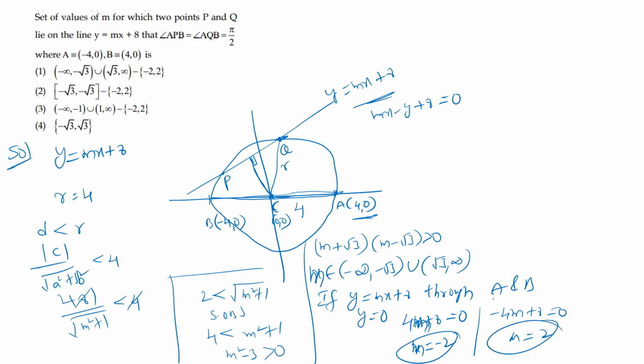M value how much? Plus 2. Here, in the interval minus root 3 to plus root 3, plus 2 and minus 2 are also there, but they won't be taken, because if these two coincide, this condition is unpredictable. And that angle we can't take, because if both coincide the angle becomes 0. That's why completely, finally, we can write here: m belongs to the open interval minus infinity comma minus root 3 union open interval root 3 comma infinity, except minus 2 and plus 2. That's why option 1 is correct.